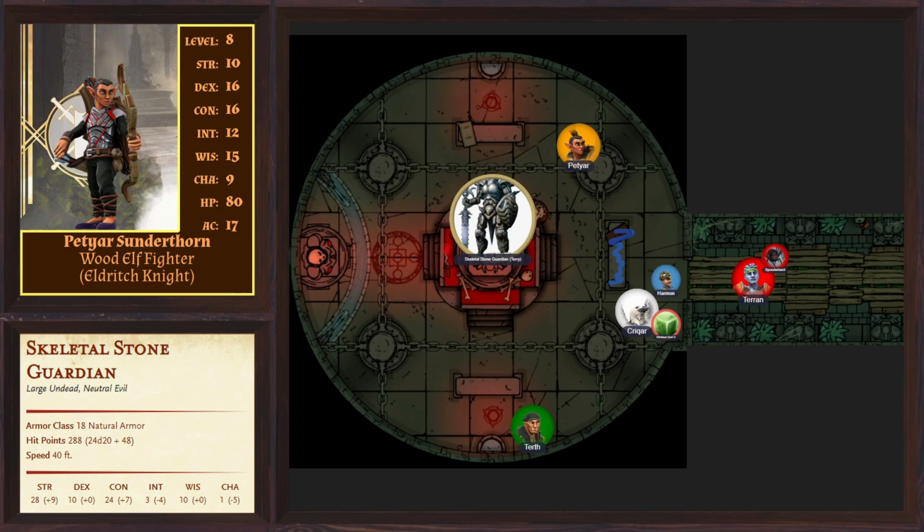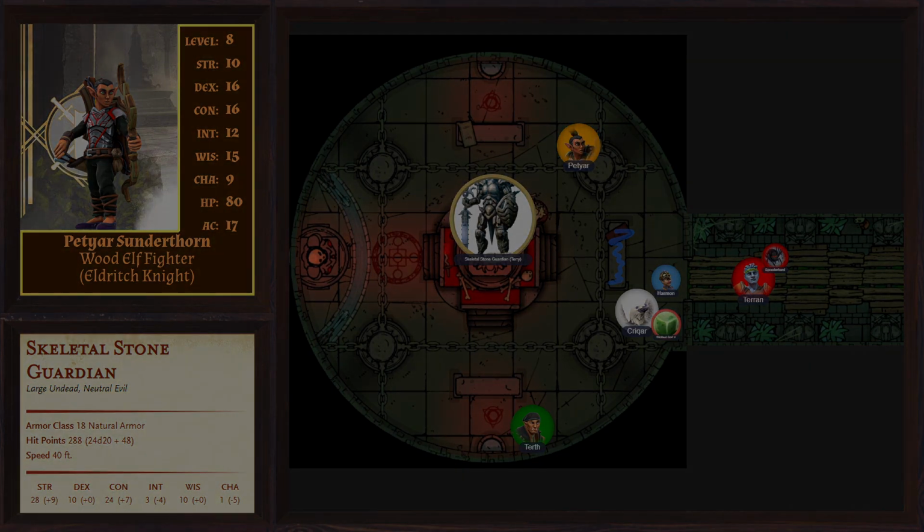He's currently checking to see if the chime of opening works on this. You see a bit of the shimmer on the gates disappear, but it does not open yet. Oh boy. You might need to use it multiple times. And behind the portcullis, you see me just shaking my head. No. All right. I don't want to help. And is that your turn? No. Um,